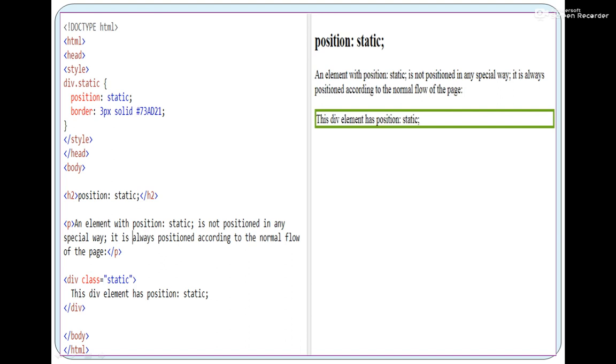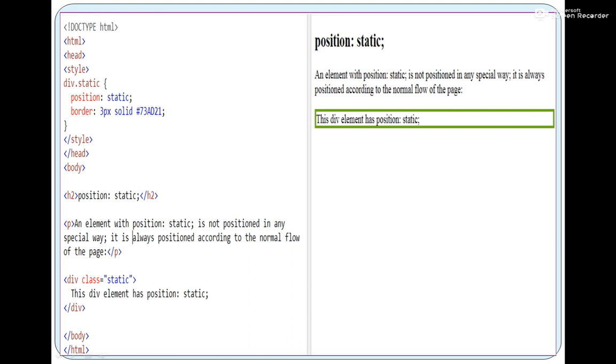Now since we are studying static positioning, what we have seen, how does static positioning work? It will sequentially print the elements as they are written in the code. Agree? Now, first H2, is there any styling applied to it? No. For the P element, is there any styling applied to it? No. Now in the third element, the division, there is styling applied to it, right? Which type of styling? Since there is a style tag in the head tag, it is an internal style tag, right? Internal styling. So now we will see what styling is applied to this division.